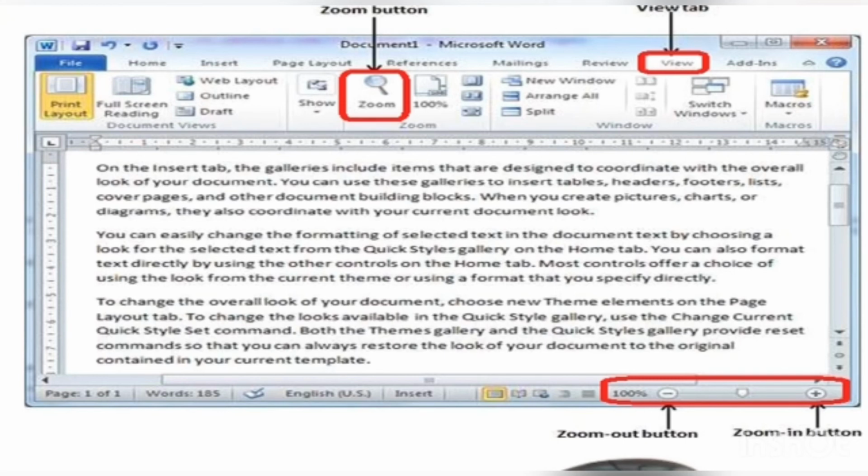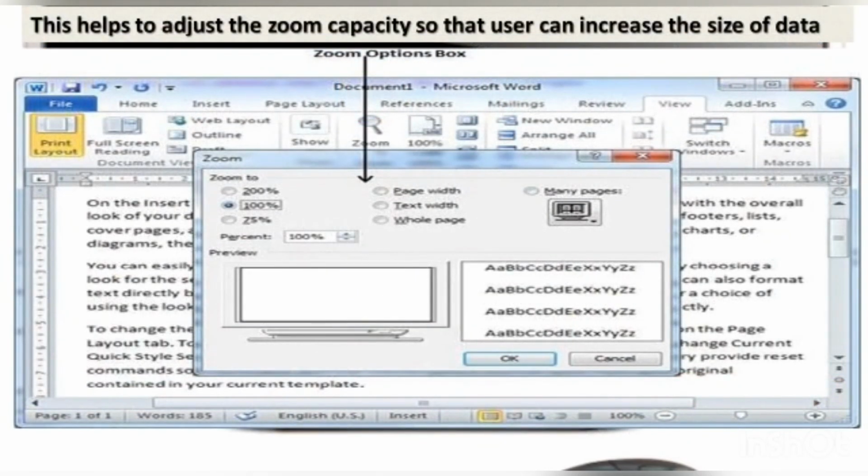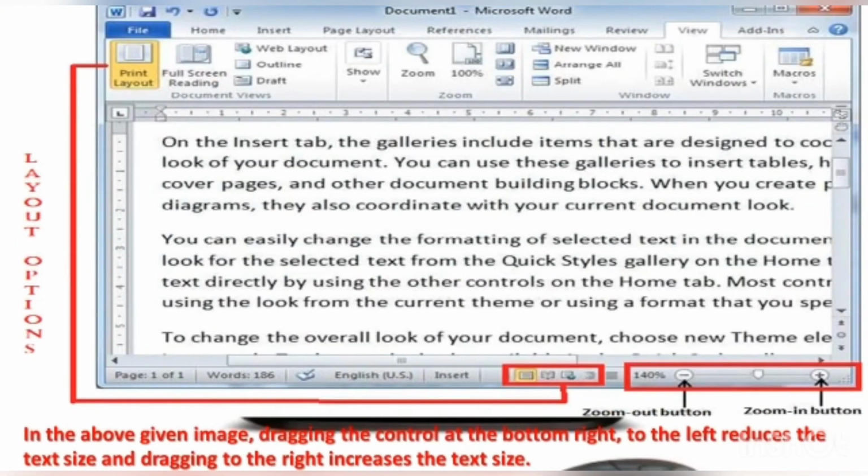If you see towards the below screen, you will see a red rectangle box and it has plus minus signs. There is a zoom option box which a user can use to increase or decrease the size of data. If you click on 200%, the word size will be very enlarged. If you select 75%, the size will be a bit smaller. See, this is how the Word document is enlarged.